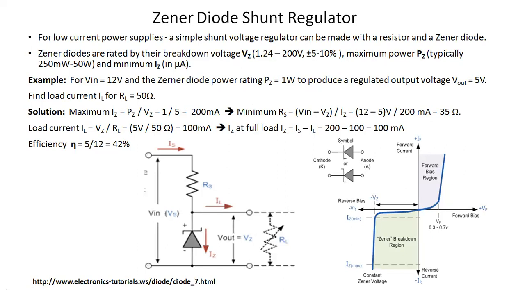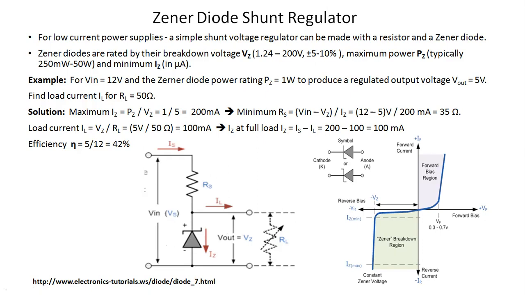So your equation will become Iz equal to Pz upon Vz. You can write Pz as 1 watt, and Vz, यहाँ पे क्या दिया है हमें. Here we can see the Zener diode is in parallel with the load. So in parallel the voltage will be the same, and they have given V out as 5 volt. तो यहाँ का VL 5 volt है, तो यहाँ पर Vz क्या रहेगा, 5. So you can take 1 upon 5, that will be equal to 200 milliampere current.